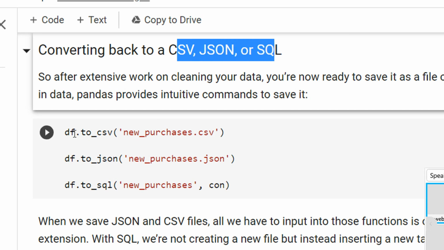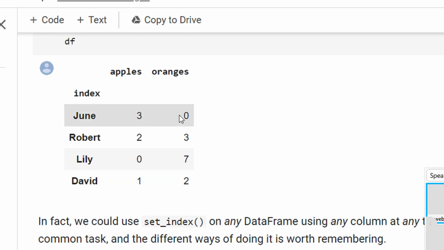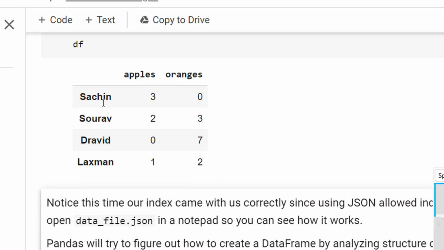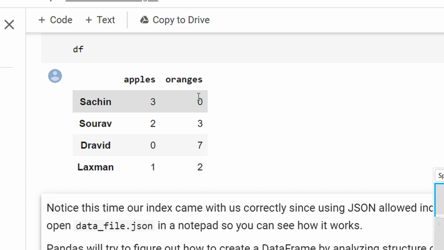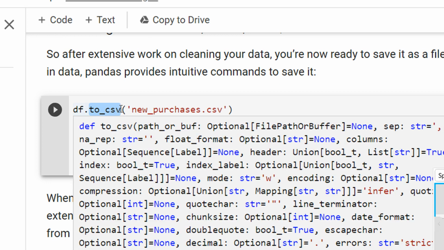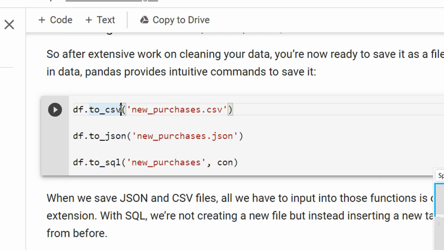So what happens, for example, now you have a data frame here. You can see this is our data frame, right? Or if you go above the SQL, let me just minimize this. So this was our data frame. Now, if you want to convert a data frame to a CSV or a JSON or a SQL, you can see how easy it is. It is just a single line command, df.to_csv, right? Now you remember why in the assignments I told you not to use pandas, because it just provides a one line function and then you don't learn anything new. You directly use a black box function. So any data frame to be converted to CSV, directly use the to_csv function.